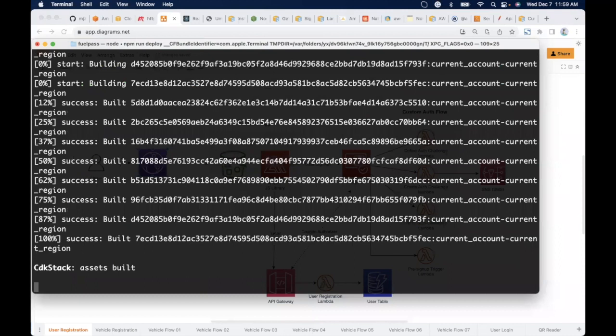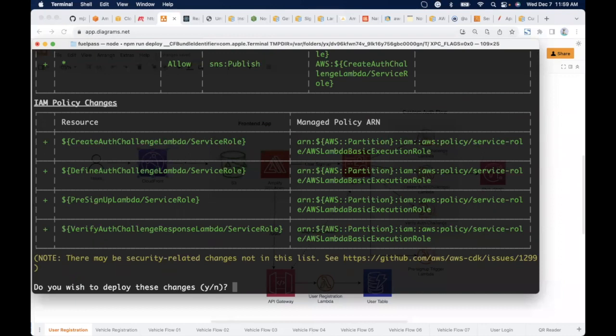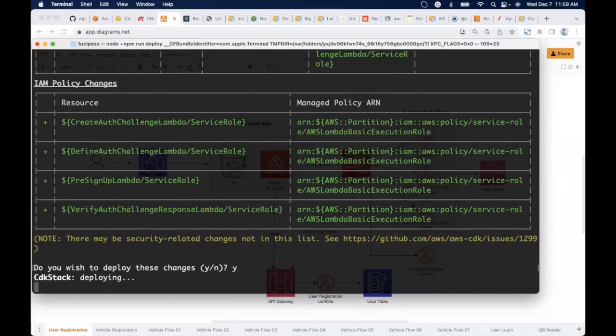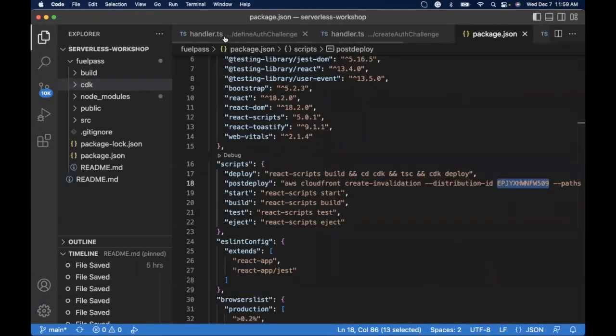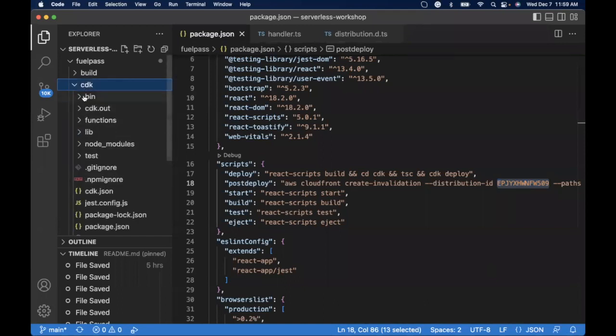2, we provision our CloudFront and the S3 bucket. And by the way, one other thing I just want to quickly show you guys. In the CDK, we can spit out any outputs that are useful to us. For example, in the CDK,